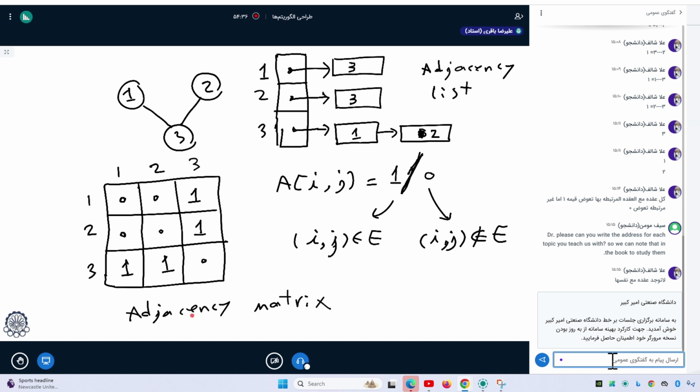So the adjacency matrix has more speed, and we can check the existence of an edge more rapidly than with an adjacency list. Okay, we can write this. We compare storage, your size of storage,